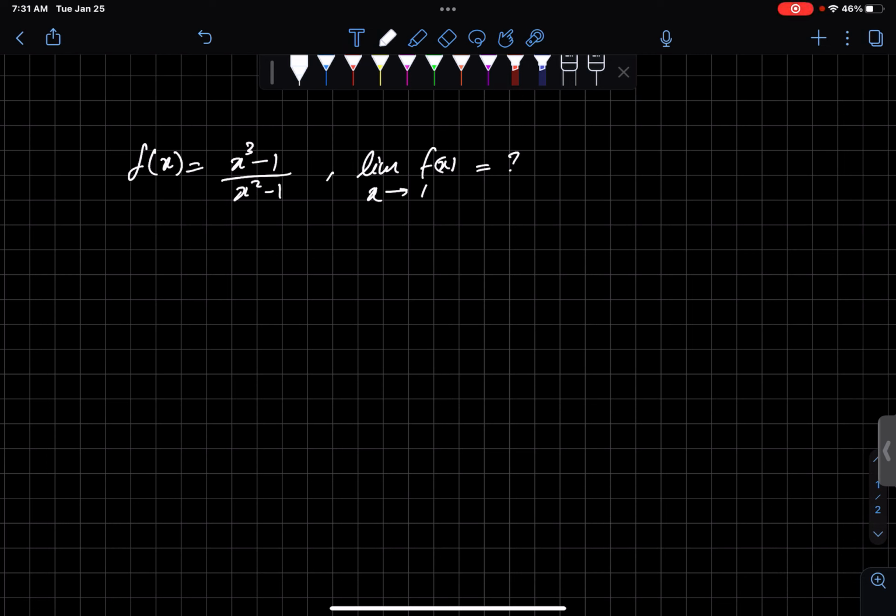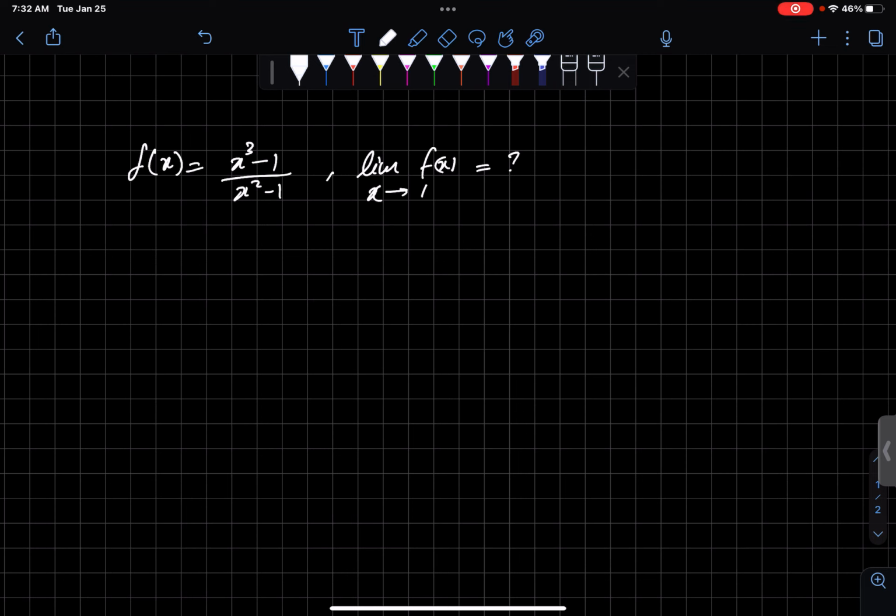So in this question, we are asked to find the limit of this function as x approaches 1. So let's just look at the numerical way of doing this, right? We're going to iteratively plug in values to this function and see what happens as we get closer and closer to values of